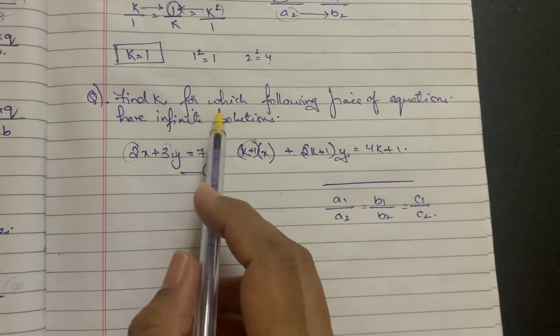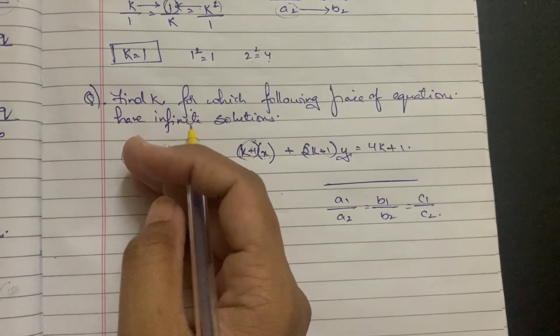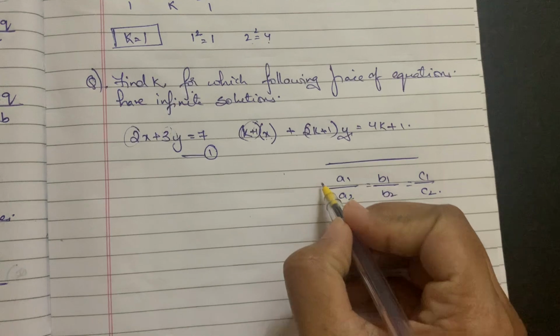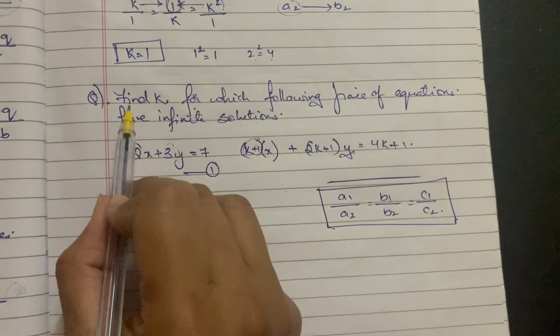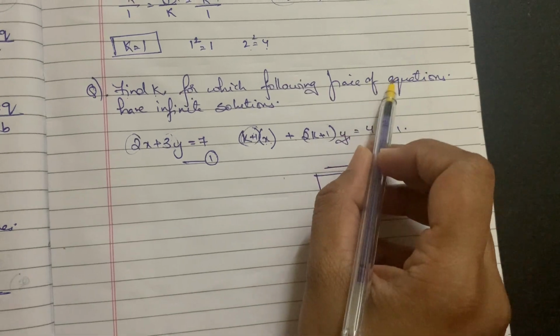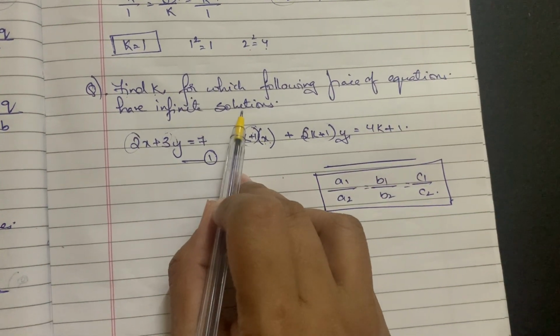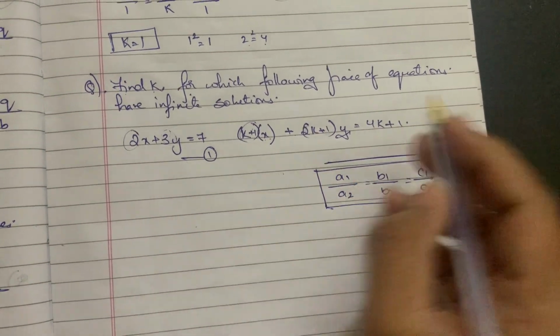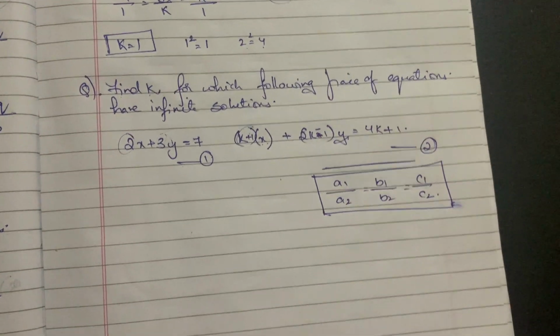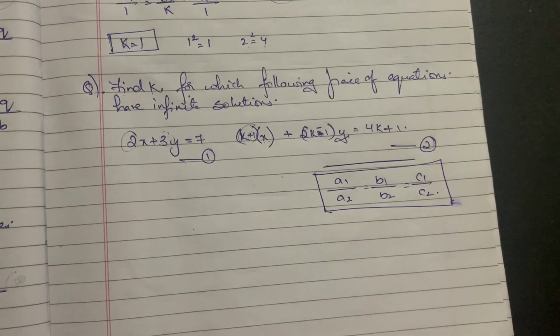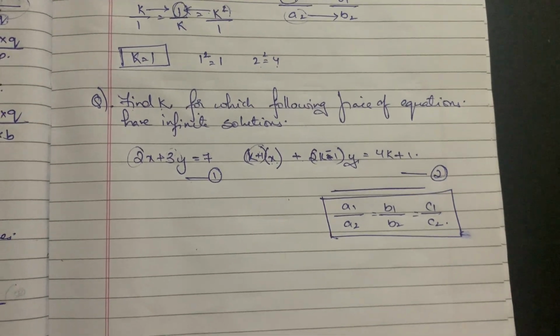Continuing with pair of linear equations, the extra questions that may be asked with respect to the ratios of coefficients is: find k for which the following pair of equations have infinite solutions. Now, two equations are given to me. This is equation 1 and this is equation 2. There is a minus sign in between actually. These two equations are given and they're asking me to find the value of k, stating that